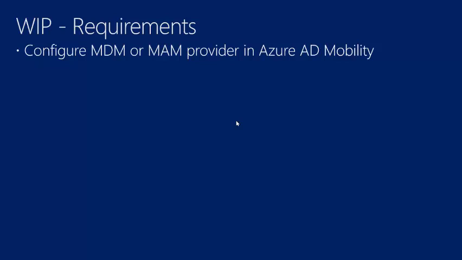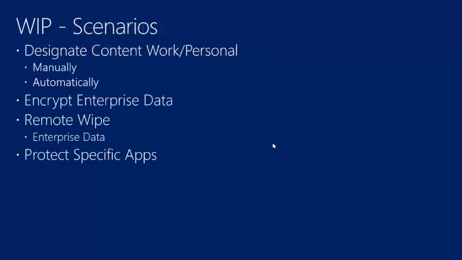And so in that app, you will have two sections. You can configure the MDM settings and the MAM settings, and I'll show you that in a minute, right? And typically you would leave those as default, except for specifying groups of users that would actually be in scope. And again, I'll talk to you about that in a minute, but you do have to have that in order for this to work. In terms of scenarios now,